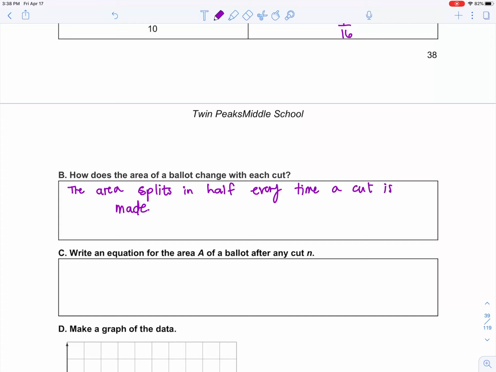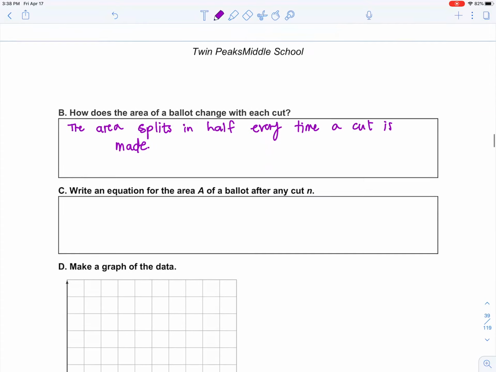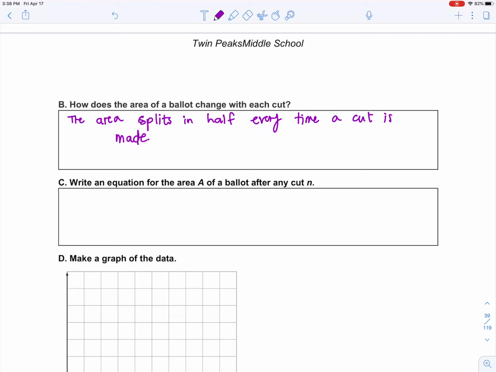Now, what's nice about exponential decay is we're actually going to use the very same equation that we used for exponential growth. For exponential growth, we use y equals a, where a is our initial value, and we multiply it by whatever our growth factor was or is, raised to a specific power. In this case, it would be one of our variables. They, however, want us to use A for the area of the ballot and n for the number of cuts. So let's see, I guess our equation would be A